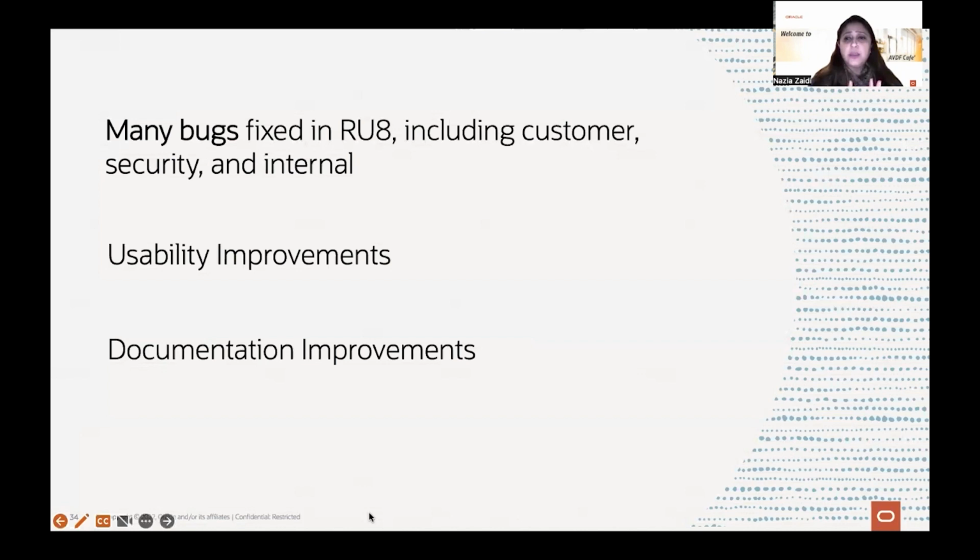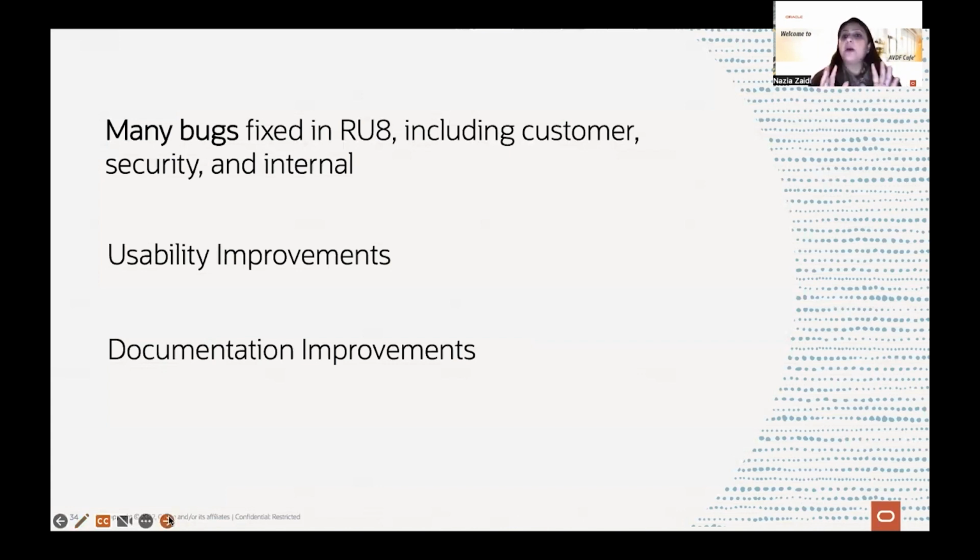Now for RU8, the very first focus was stability. The second thing was usability improvement. So we went through AVDF 20 UI pages again and again, and we did a lot of review on that area. When you start using RU8, you will find small changes, but bigger impact. So we really hope that when you use RU8, you'll see the ease of use improved.